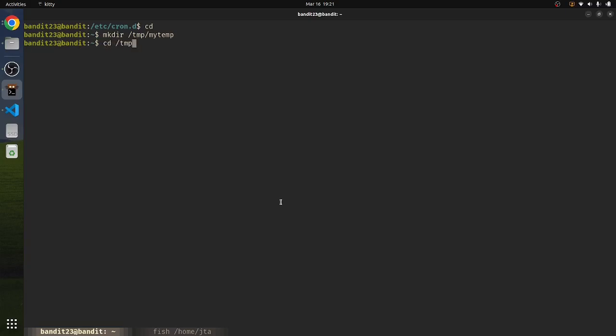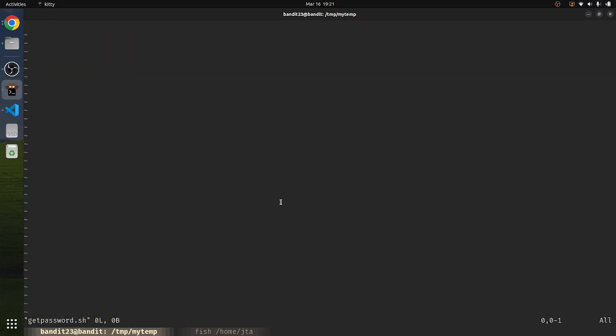cd temp my temp, and what we need to do is touch get password.sh, and let's start writing to it. So first step in a bash script is writing the shebang, which basically tells it this is how you run it. So we want it to run with bash, and all we want it to do is run one command,